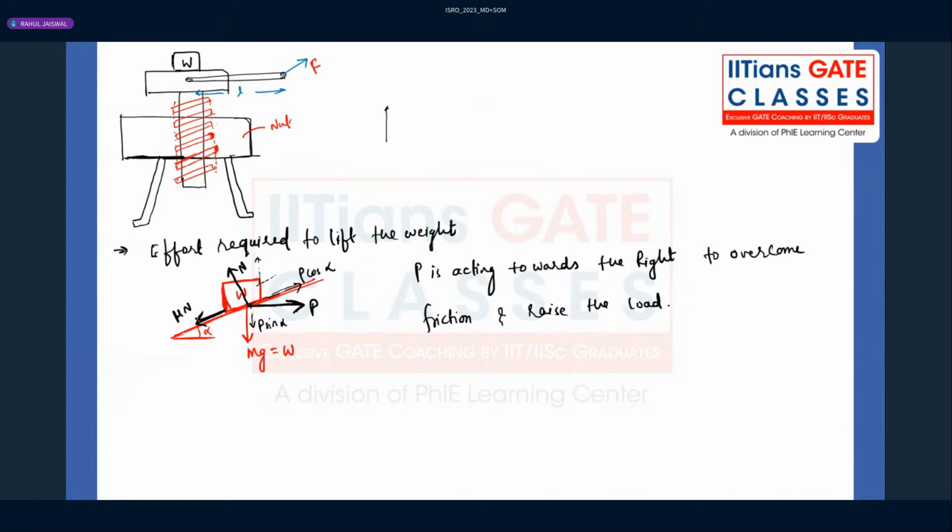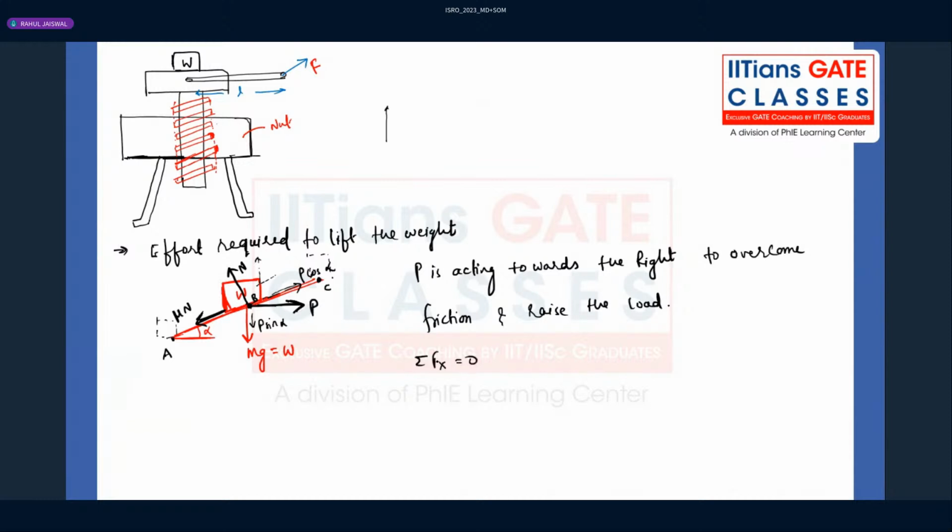Now, how much travel will there be for the load W? The load W initially will be here, and then it will be lifted up to this much height. From the starting lower position, it will be lifted from point A to point C, whereas we have drawn it somewhere in the middle, between A and C. We want to raise the load from point A to point C. While doing so, if you draw the free body diagram and resolve the forces, then definitely the summation of forces